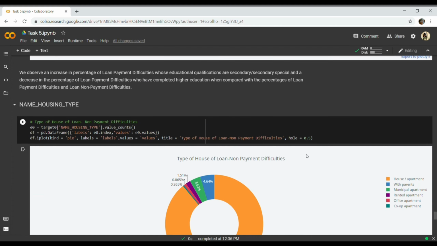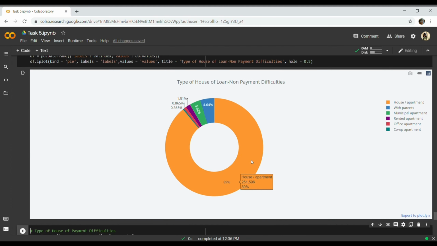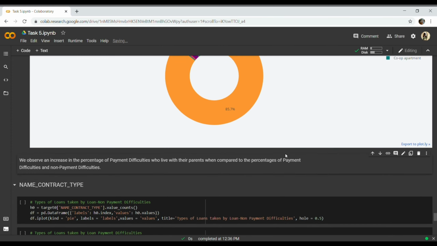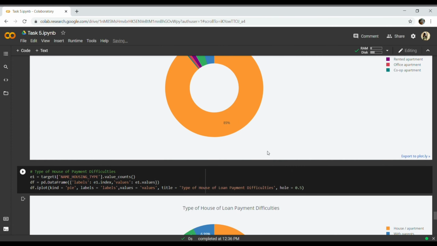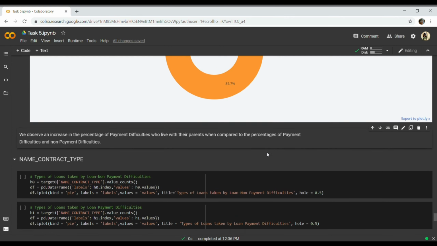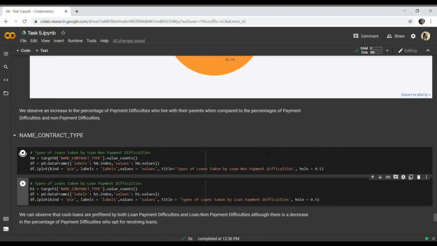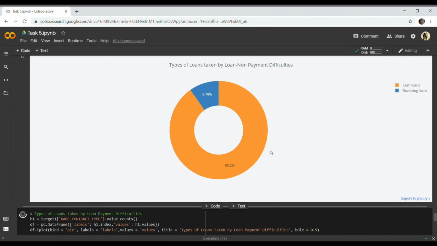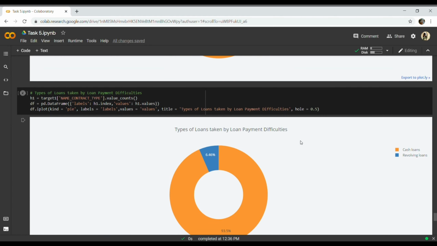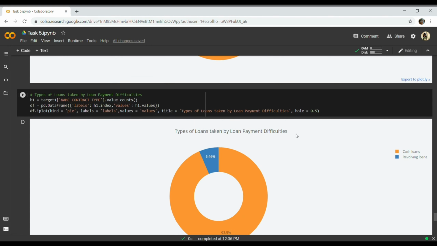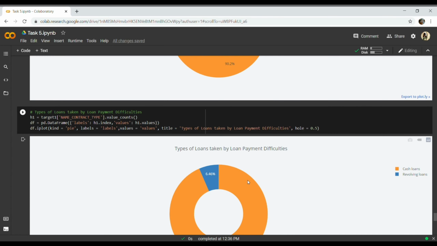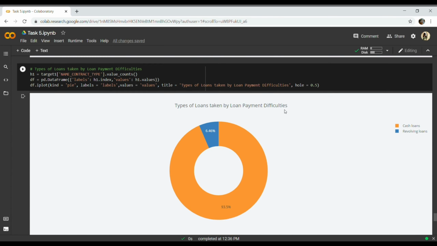Here for housing type, living in house or apartment are more, and here are a little bit less than here, but still it's not much of a change. Contract type, cash loans and revolving loans. We see that there is an increase in the payment difficulties than in the non-payment difficulties.